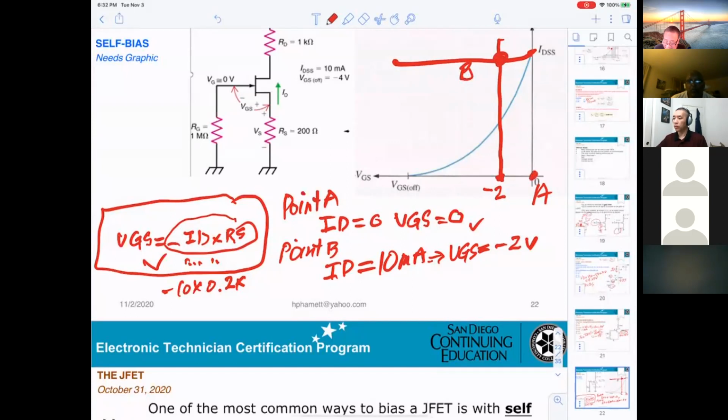Okay. And now you tie A to B. Wherever they cut here, that will be Q. You want ID, go this way. You want VGS, you go down. Okay, so now for this